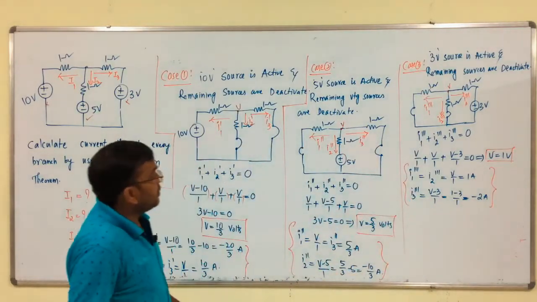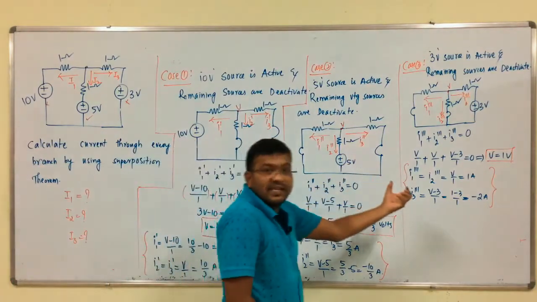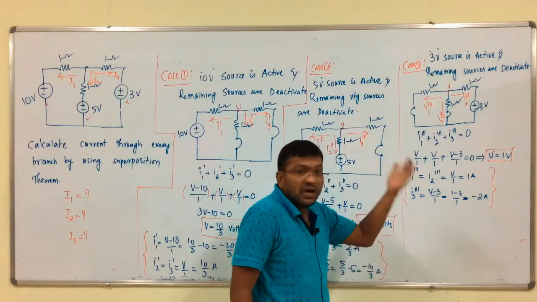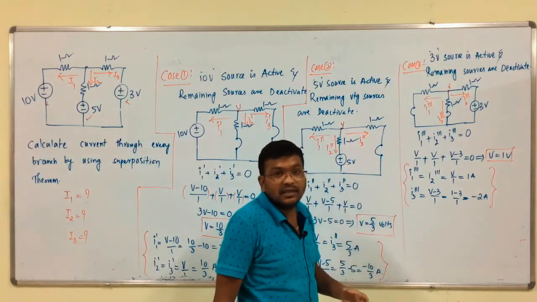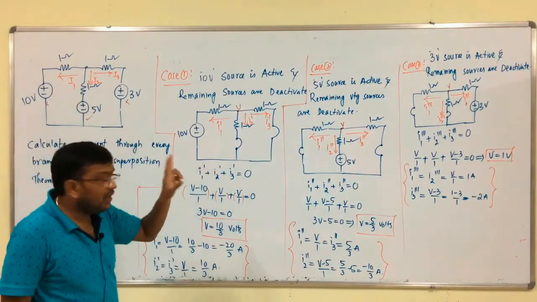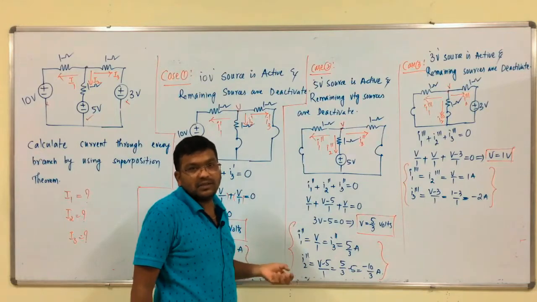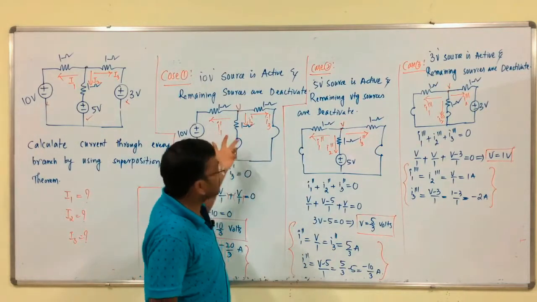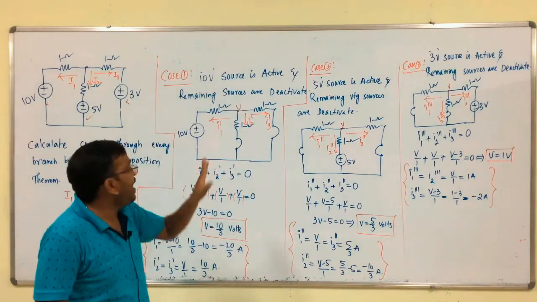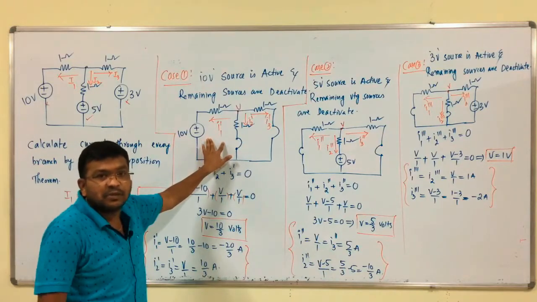So we have the currents for the 3 cases, case 1, case 2, case 3. At last we have to add the currents coming from the different cases. See the total current direction and the individual current directions of the respective branches. If all current directions are in the same direction as that of the main current, then add the currents, otherwise subtract those currents. This is the principle of the superposition theorem.